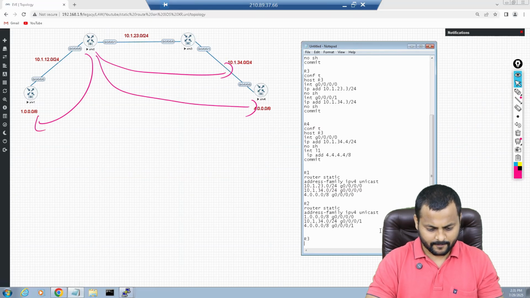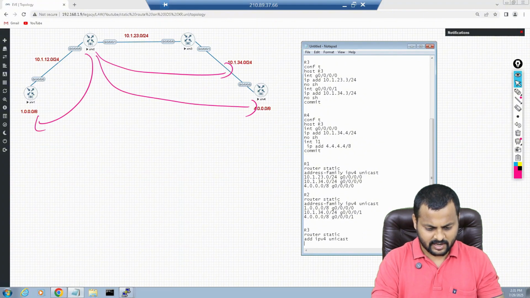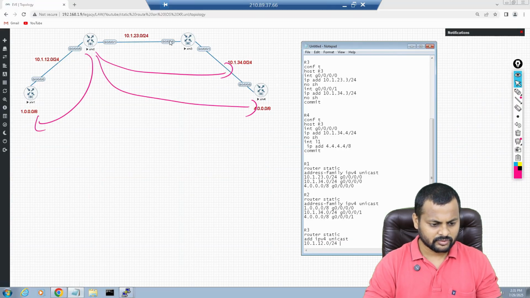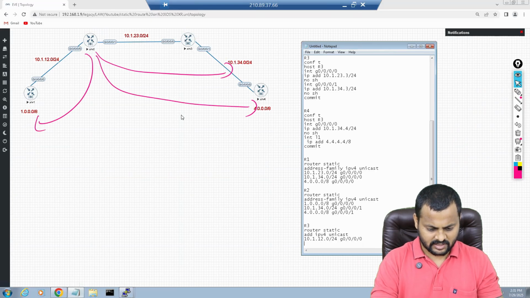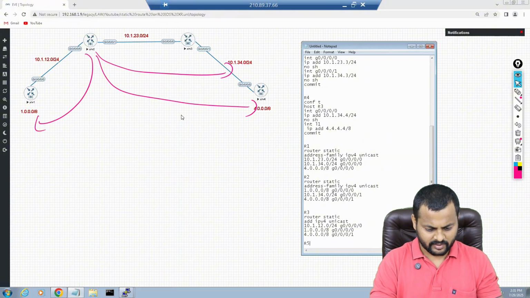On R3 as well, router static, address family IPv4 unicast, and I have 10.1.12.0/24. On router 3, we'll use gig 0/0/0/0 to reach the 12.0, and same thing for the loopback 1.0.0.0/8. And in the same way, if I go to 4.0.0.0/8, then I have to use gig 0/0/0/1. R4 now we have.